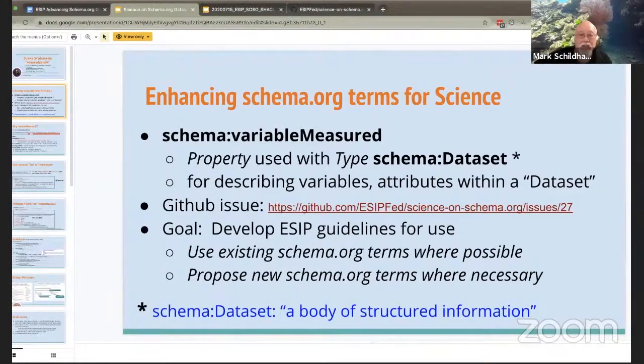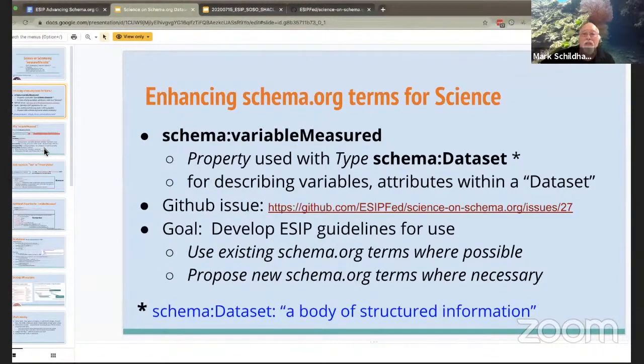As Matt just mentioned, the scope of what you consider a body of structured information can be pretty broad indeed. For the purposes of the discussion ongoing in the schema.org cluster, we have at least initially focused on well-structured data, tabular data, maybe semi-structured data, but we are very cognizant that we have to be much broader and more inclusive about what we consider to be a dataset.